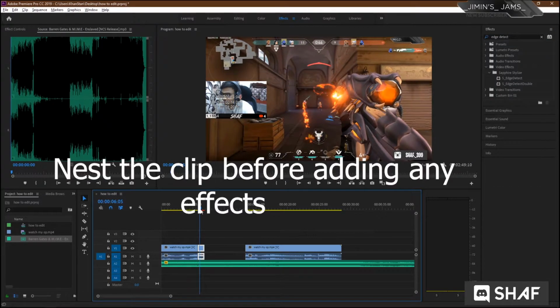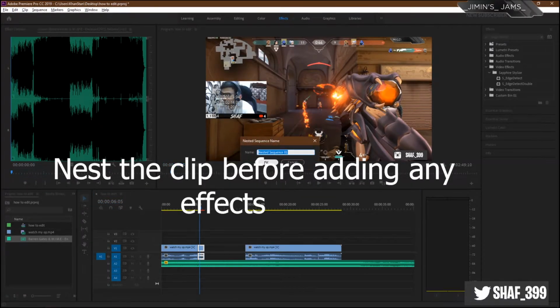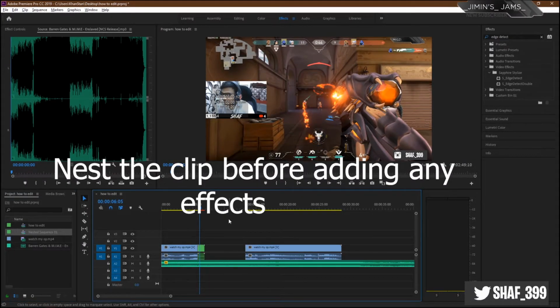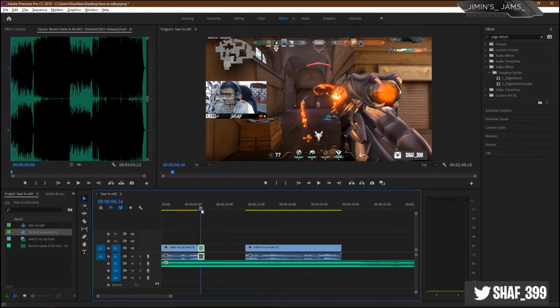Before adding the effect, right click here and make it a nested video. So why do you nest the video? Because when you add effects, sometimes they destroy some frames in the clip.